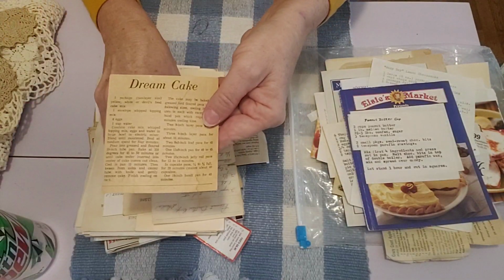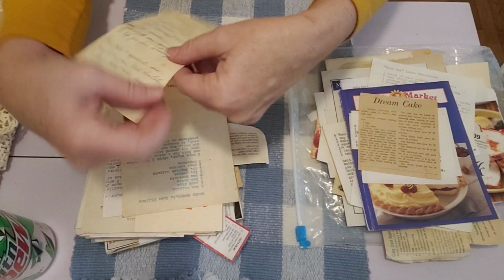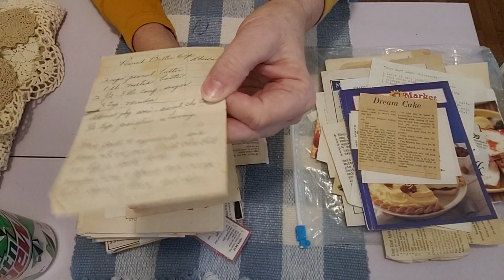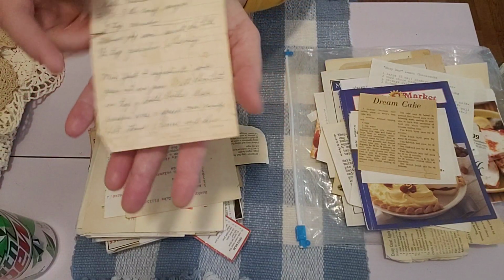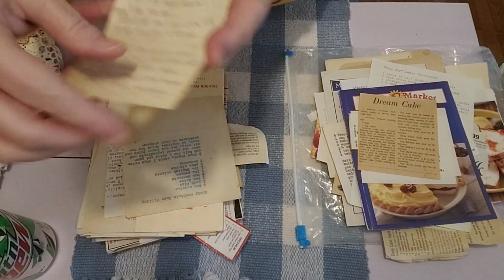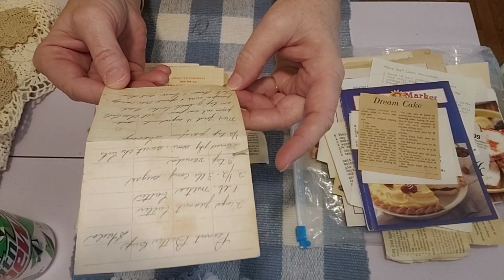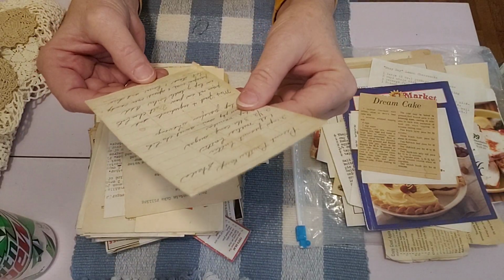Dream cake cut from a newspaper, very aged. Peanut butter cup. She had several different peanut butter cup recipes. This one's handwritten. I love the handwriting on this one. And it's like on some type of, oh, let me see. Look at here. Hope you can see on the bottom is some type of ledger paper. See down here? Let me see what it says. It says, oh gosh, it's so aged, I can't even really read it. But it looks like some type of, it has columns, and I'm trying to see if,